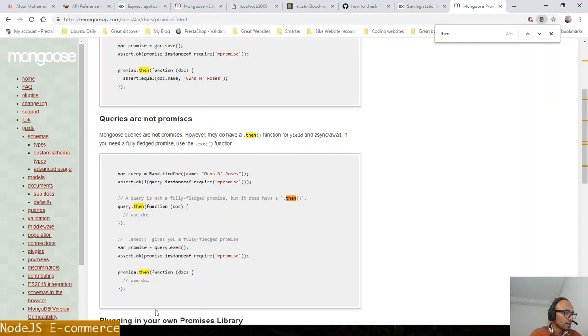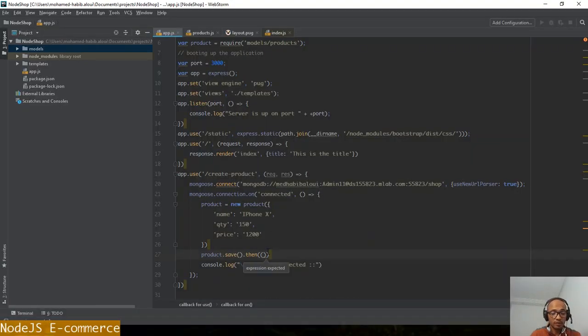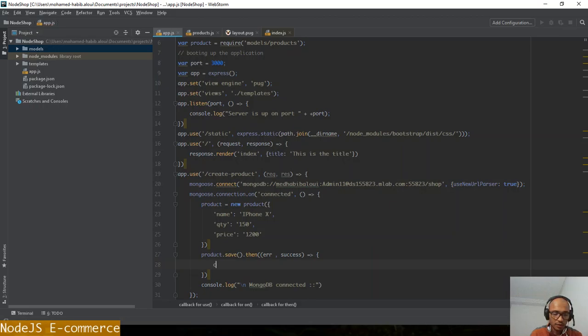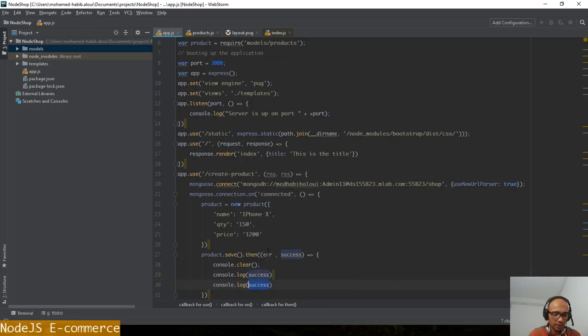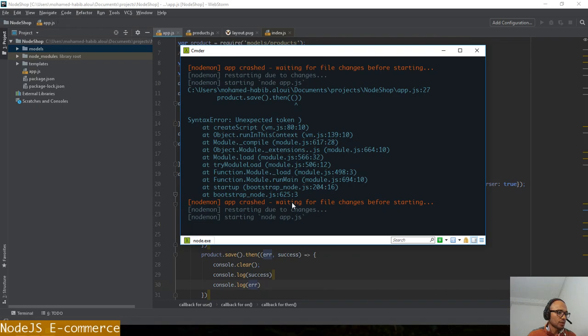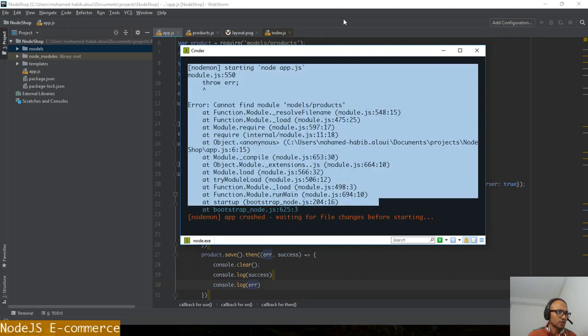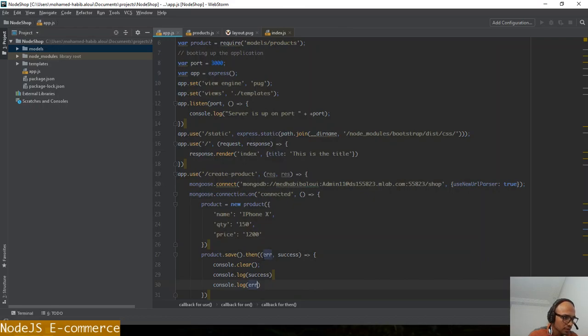Okay, I will do something that I'm not sure will work, but I will do error and success. And I will do console.clear, and I will do console.log success. Yep. And I will also do console.log error. I'm not sure again that this will be working properly, but yeah, let's just give it a shot. Okay, the issue, what is this? Then